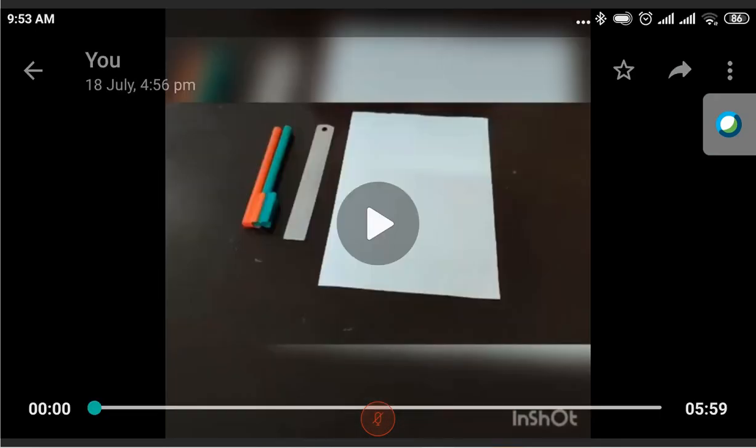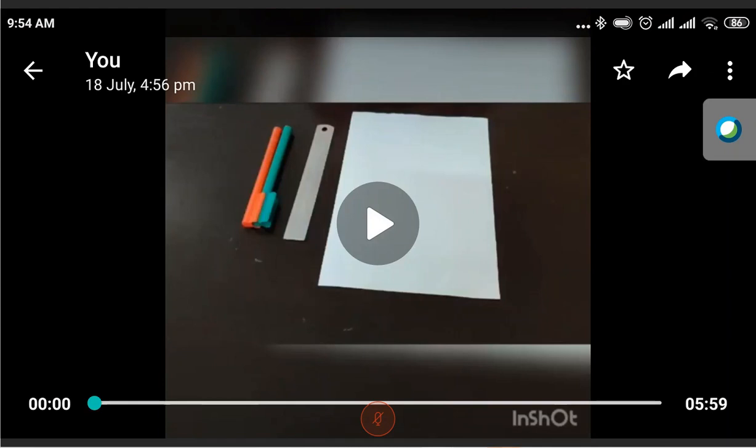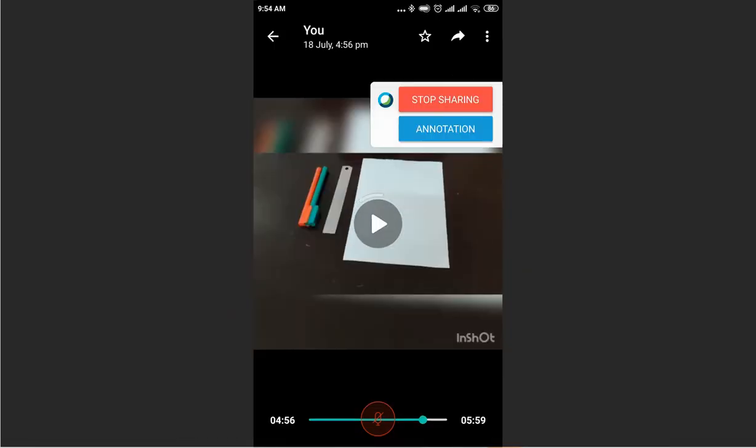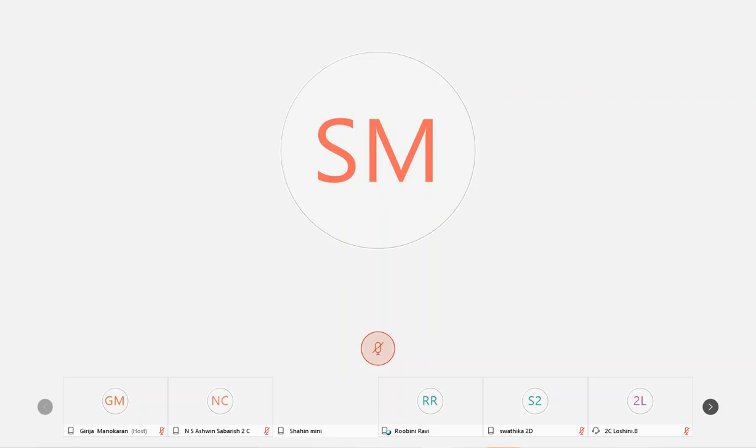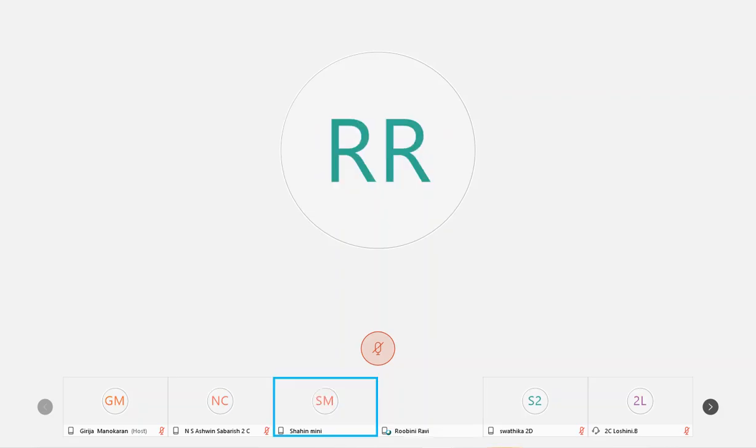So children, you are going to receive the activity video. What activity you have to do, that video will be sent to your class group. You are going to make fortune cups. Outside, you are going to write the questions. Inside, all the instructions were in the video. I told you how to make that fortune cup. From that, you can prepare. The other name of the fortune cup is cootie catcher. So you are going to make it on your own by looking at the video.